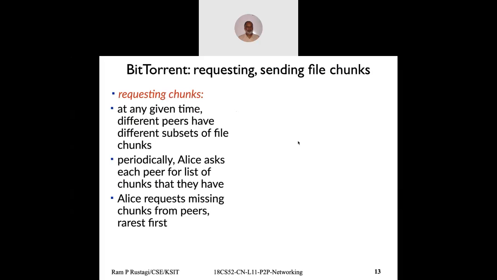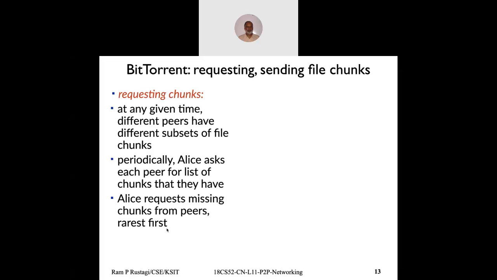Now, what chunks should Alice request? The strategy being used is called rarest first. Rarest first means look at those chunks which are with the least number of peers. Because if you look at a chunk which is with everybody, then it would be almost everywhere anyway and take more time. But if you get the chunk which is with the least number of peers, then you're populating that chunk. You want to make sure that chunks are fairly equally distributed.